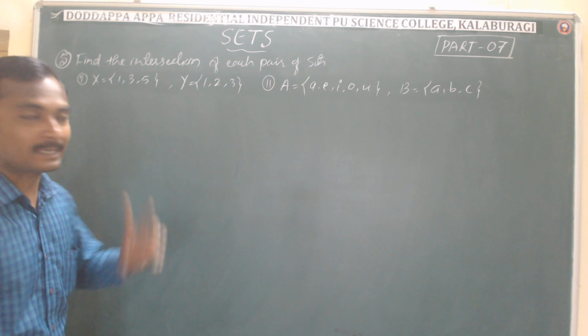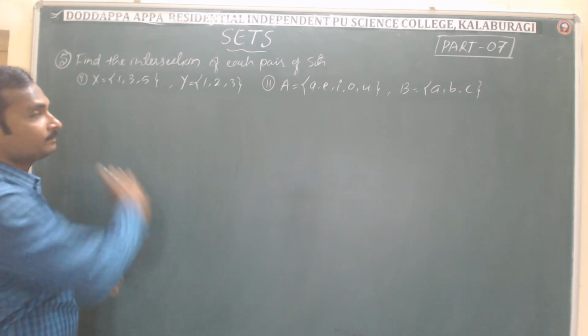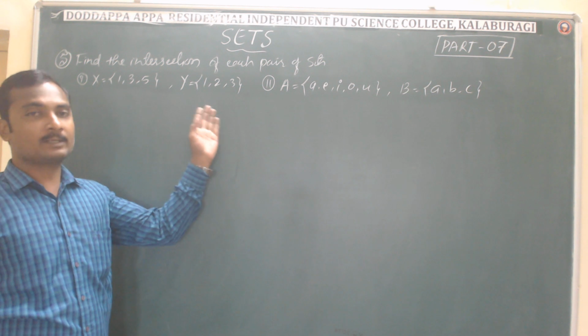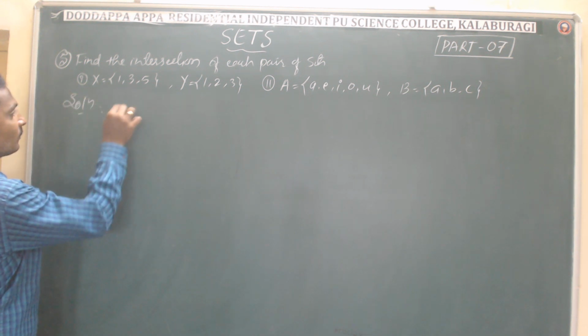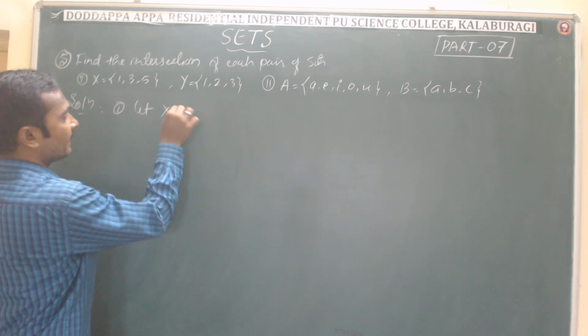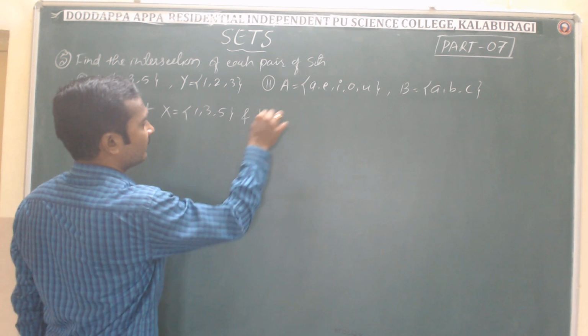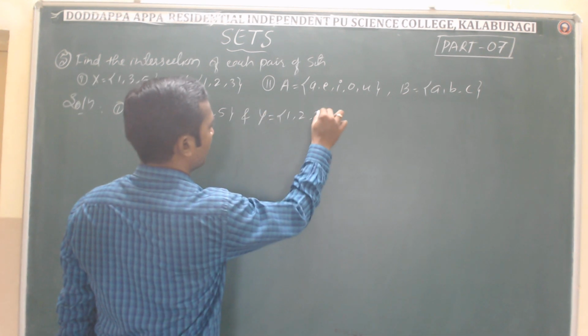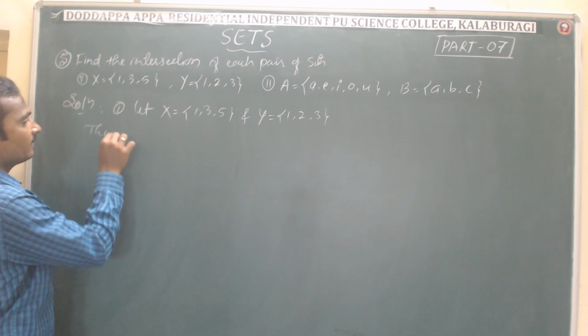So I choose two examples. The first one is the set X equals 1, 3, 5, and the set Y equals 1, 2, 3. So the solution will be: given that set X is 1, 3 and 5 and set Y is 1, 2 and 3, the intersection of these two sets is